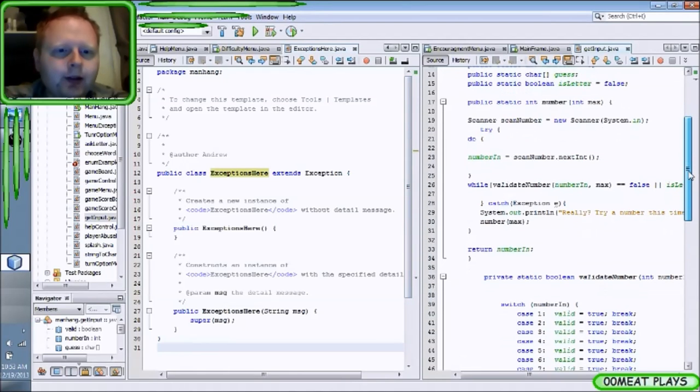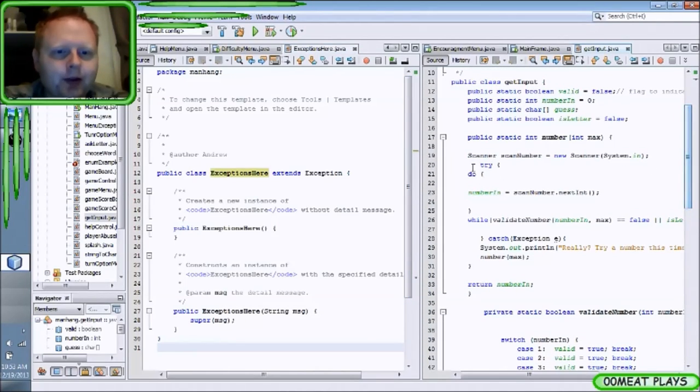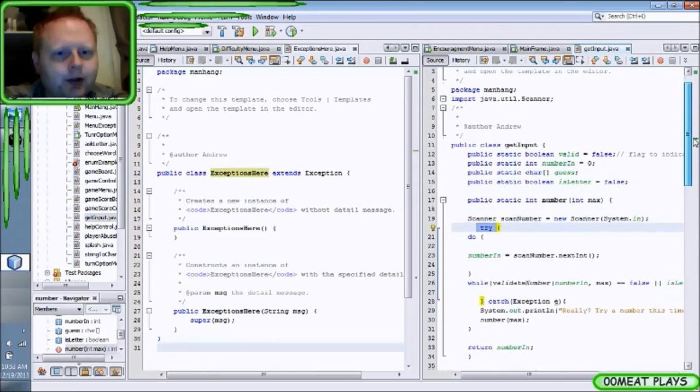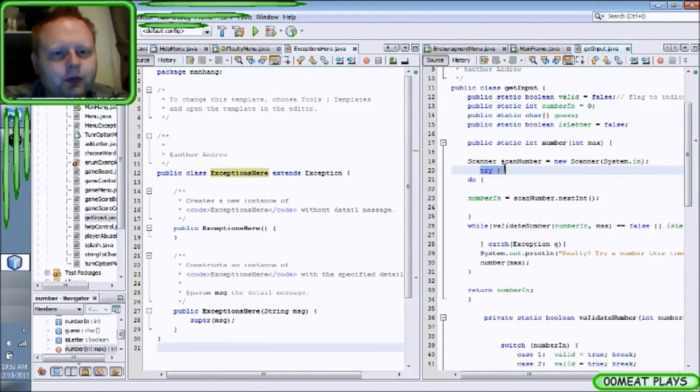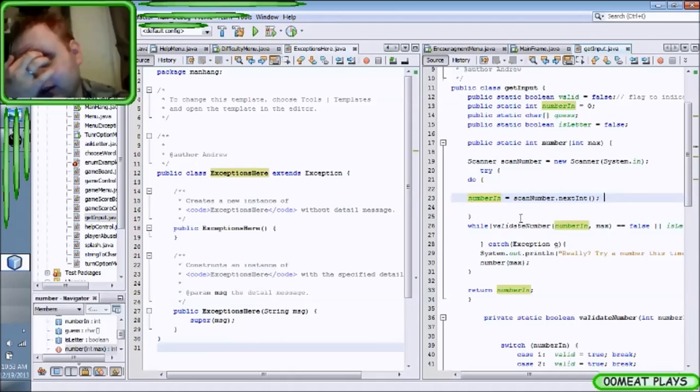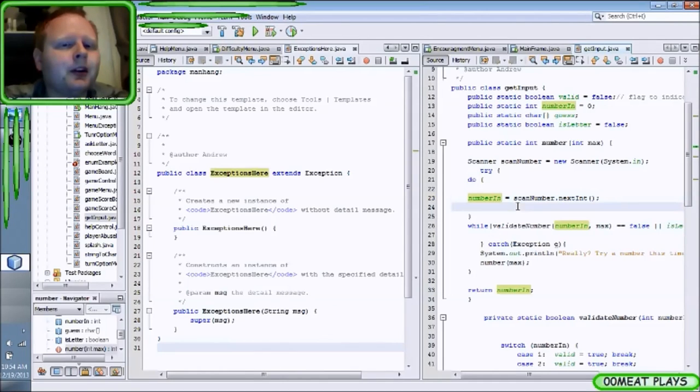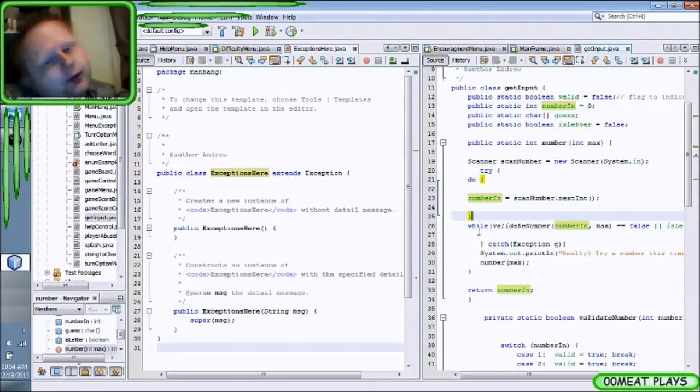Now you call that with something like this. Here you see we're trying to do this. So here we're in our get input. It says try this. So it's try, then it has a do while loop inside the try. So it tries to bring in the next int and make it number in. I'm doing this in case somebody decides that dog is an integer, so that if it fails, it can